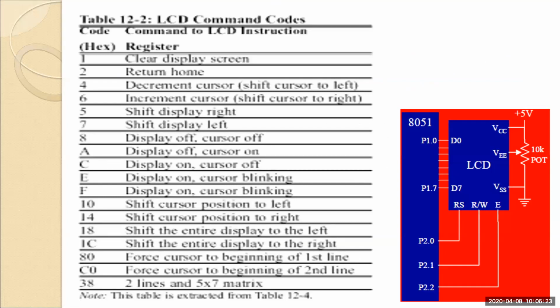Before sending data, we always start with command sending. Command sending means we are just configuring our LCD panel, setting some values so that the LCD is ready to take the data. From the command codes, you can see these different hex values. These are predefined hex values; we are not setting them.